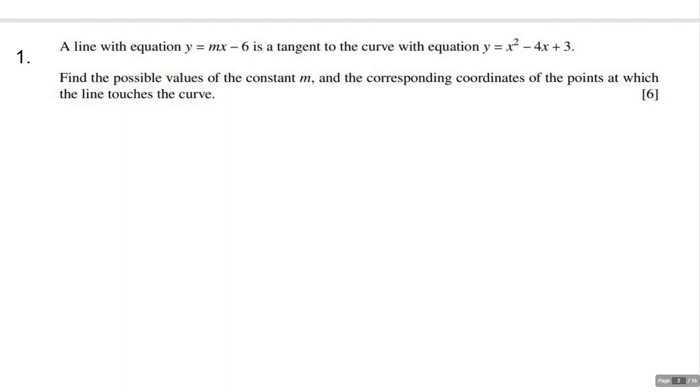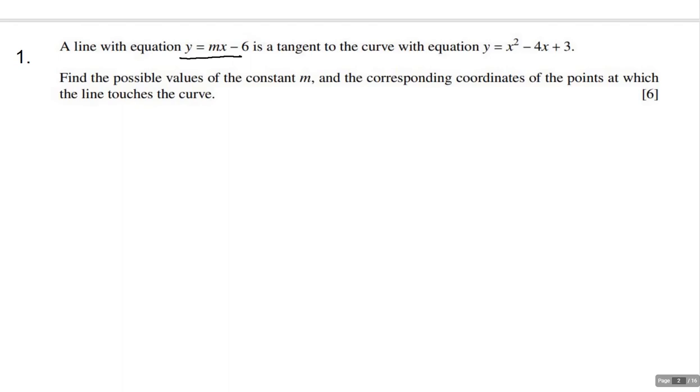The first one we have here is a situation where we've got a linear equation intersecting with a quadratic. And there's going to be some different situations that go along with this kind of question. And basically what's going to happen is,